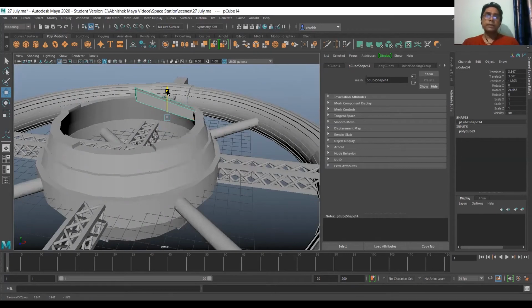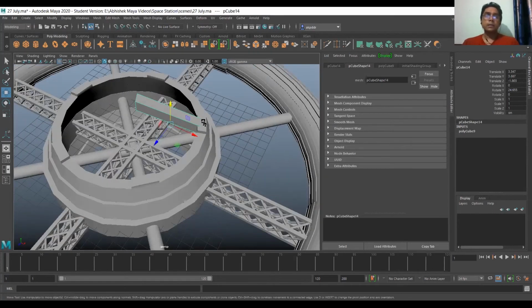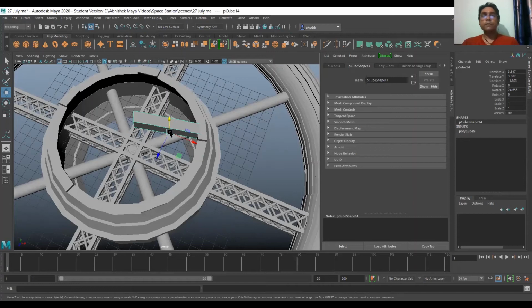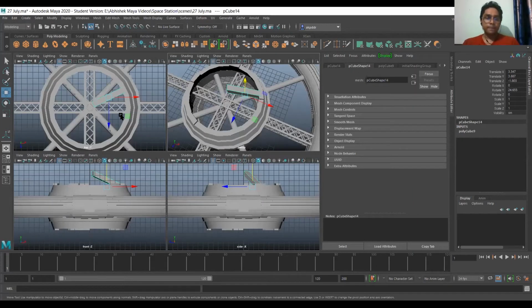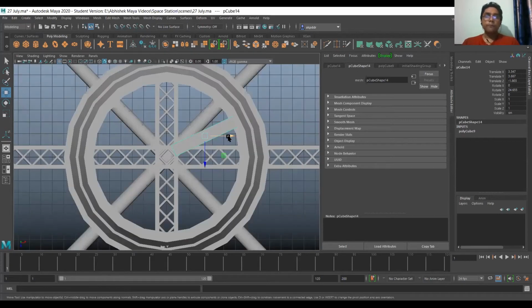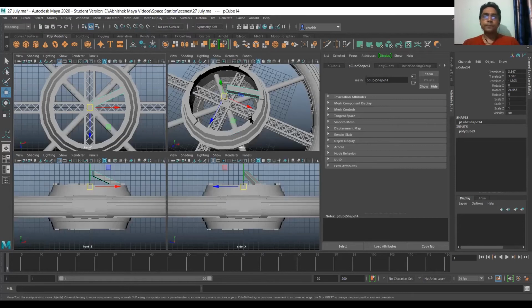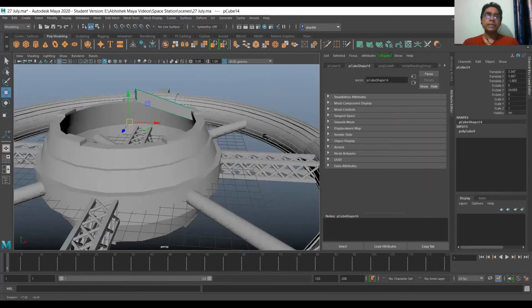So this will look like something like this. Then you can see the center pivot of this object is over here. We need to change the center pivot. So I'll go to my top view, I'll press D for Delhi, and then bring this center pivot to the center of the grid. Okay, these are the dark lines which will represent the center of the grid. Then press D again and go back to your perspective view. So I have changed the center now.